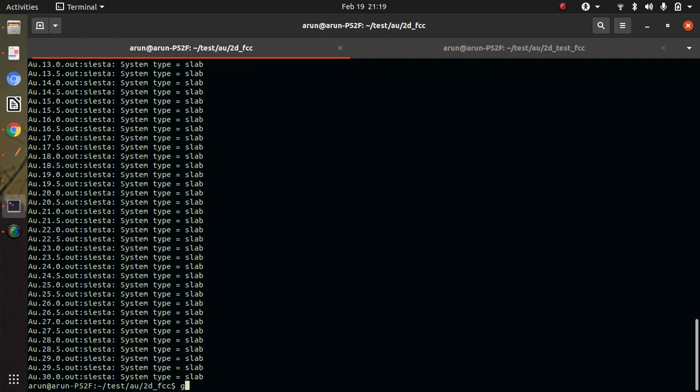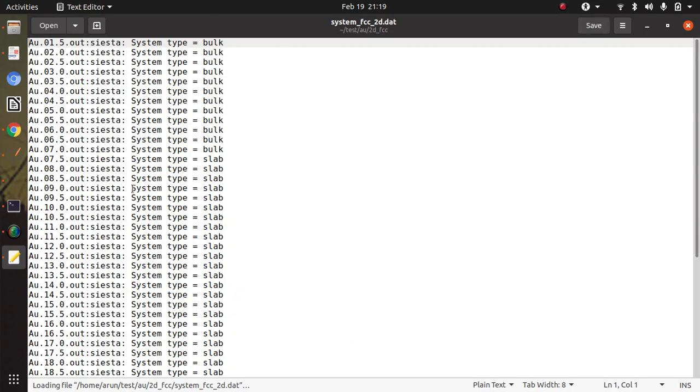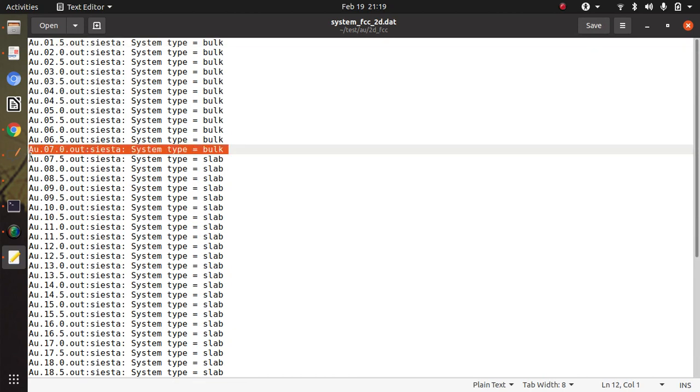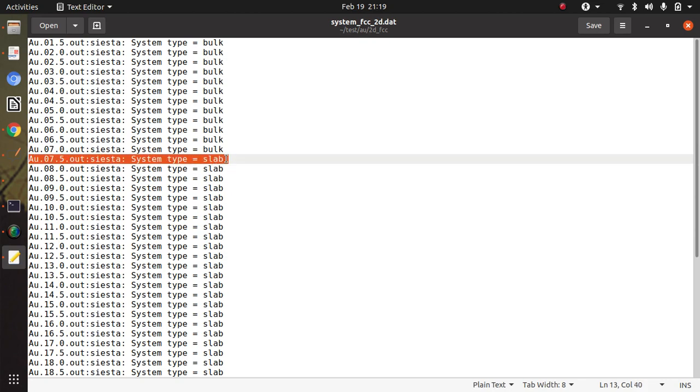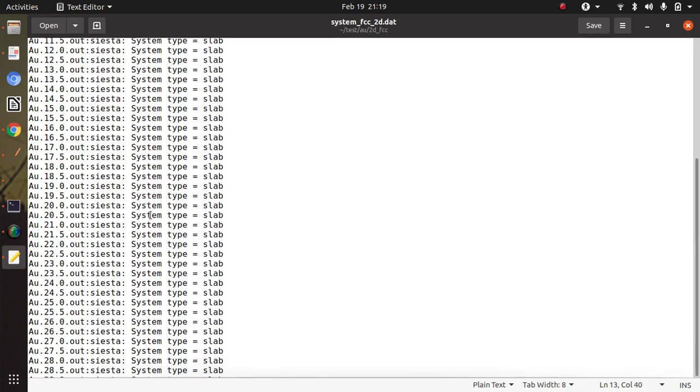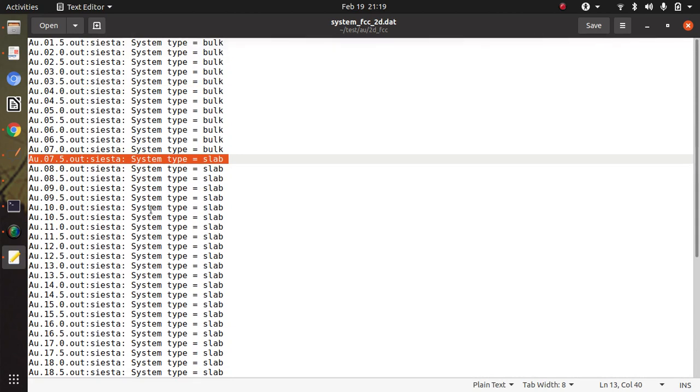If I try to look at this file, see, at 1.5 it is bulk material, and so on up to 7.00, and after 7.0 it starts behaving like a slab, right? So it is a two-dimensional sheet.